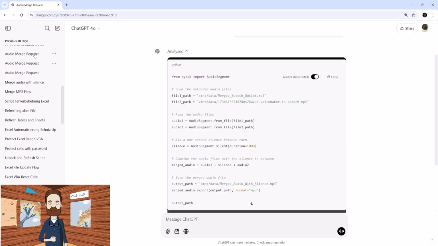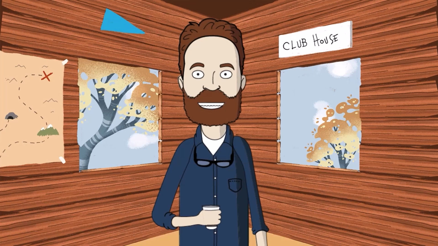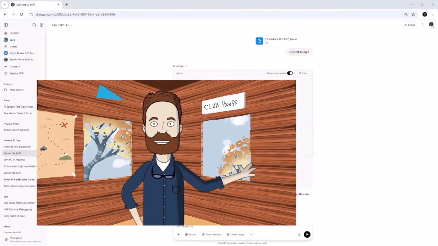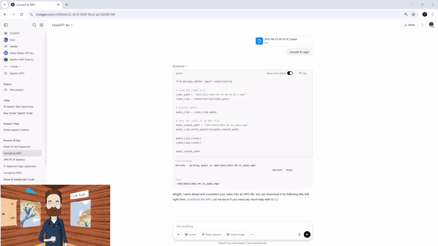For the project I'm working on, I'm using Adobe Premiere Pro 2025. I mention this because, as a video editor, it exports in MP4 format. But if I only need the audio from the video, I'll need to convert it to MP3. You can actually ask ChatGPT to do that for you. Just upload the MP4 file directly and request an MP3 conversion. ChatGPT will handle the rest by running a Python script in the background and provide you with a downloadable MP3 file, clean, fast, and without the need to jump between external apps or re-import into Adobe Media Encoder.